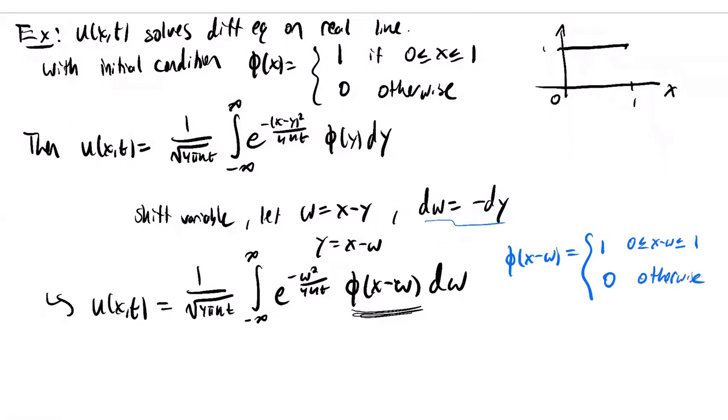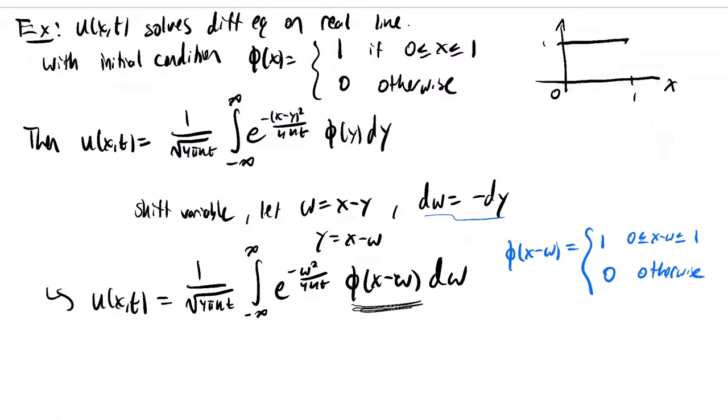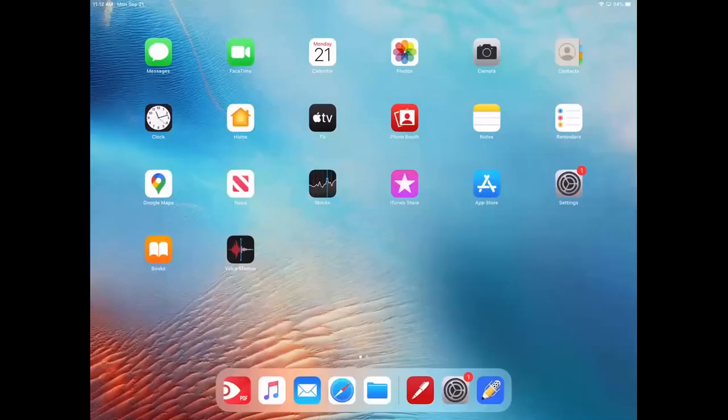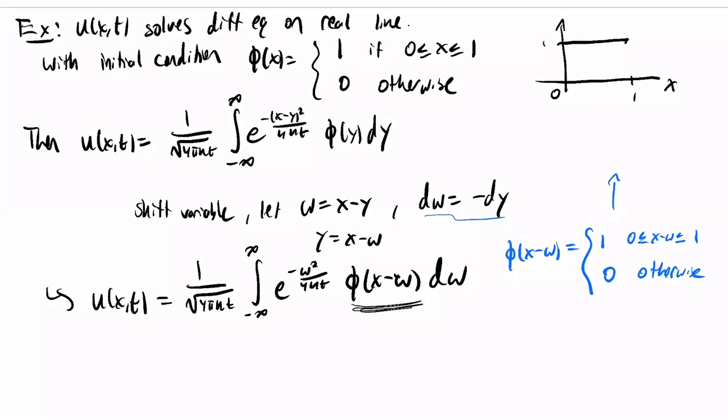And so what does it mean for x minus w to be between 0 and 1? Well, this means w, well, if I just bring this over, this means x has to be bigger than or equal to w, right? And also that x has to be less than or equal to 1 plus w, right? All I've done was just add w to all parts of the inequality,